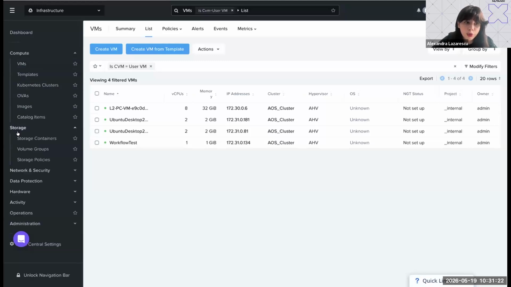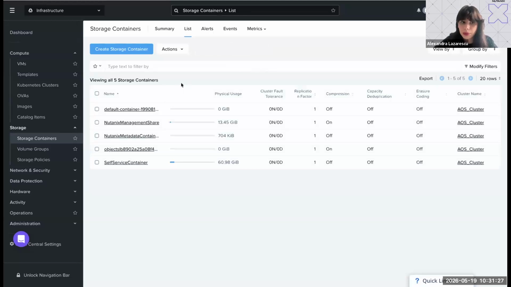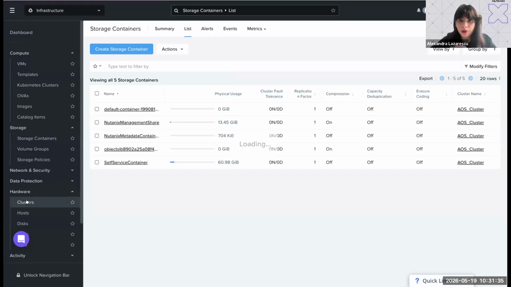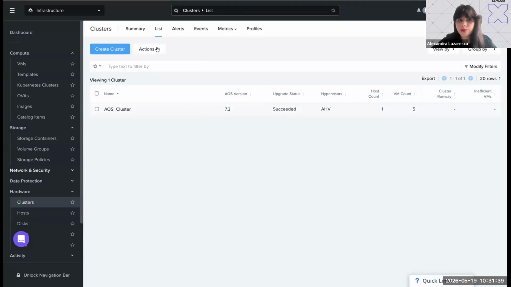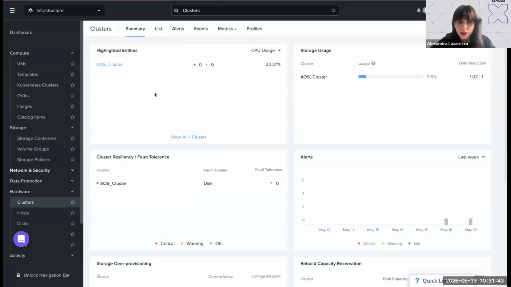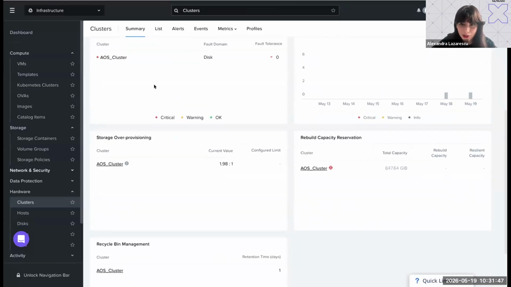You have your storage as well, so all the containers or anything else that you might want to look at, they would be here. How much space do I have? What is it running on? Then our hardware information as well. So you have them all in one place. What am I running on? What is happening? I can even create ones. I have all the information with nice, I would say, nice graphics and